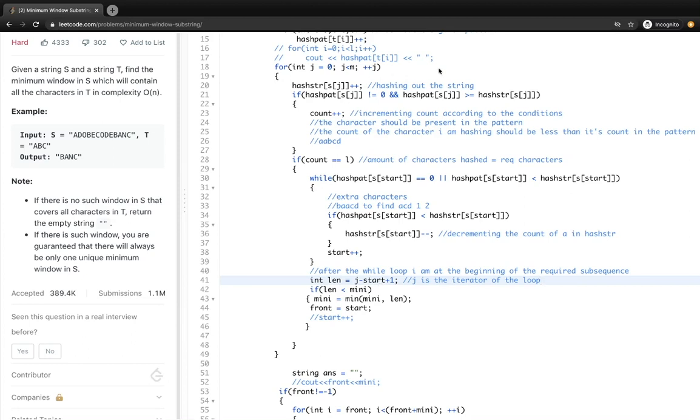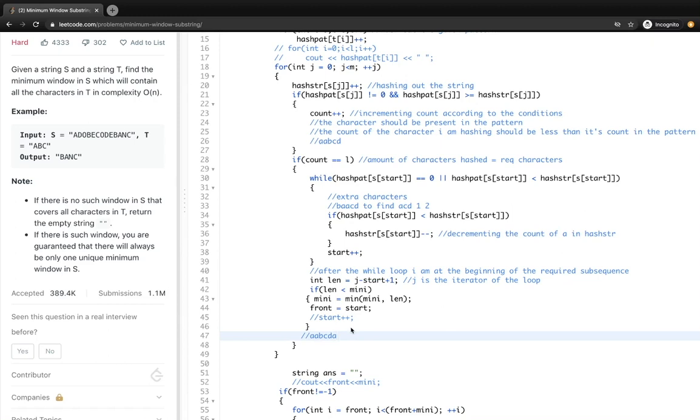So in the next iteration, what will happen? My j will increment. So if I was at AABCD, here at least once my characters are hashed out. Next, if I encounter A, my hash will increase. I will come into this because it is decremented. My count will not increase, but count is still equal to L, so it will come inside and check for A, that this condition is getting satisfied. Then the count of A in hash of str will decrease. Then for B, it will again come into this and decrease, and I will find a better answer, which is CDA.